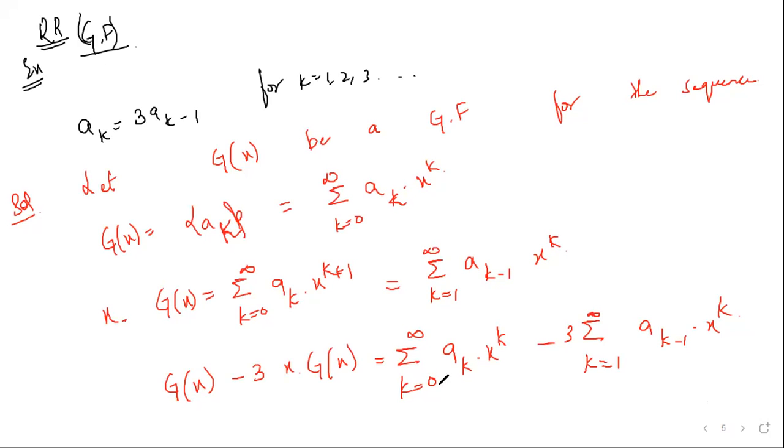So for that, what I will do is, I will substitute the value of k is equal to 0 in this term. What will I have? I'll have simply a naught. Next, k is equal to 1 to infinity, I will keep it in the sigma notation. So this can be given as a naught plus the sum from k is equal to 1 to infinity of ak minus 3ak minus 1 into x power k. So this is written as,